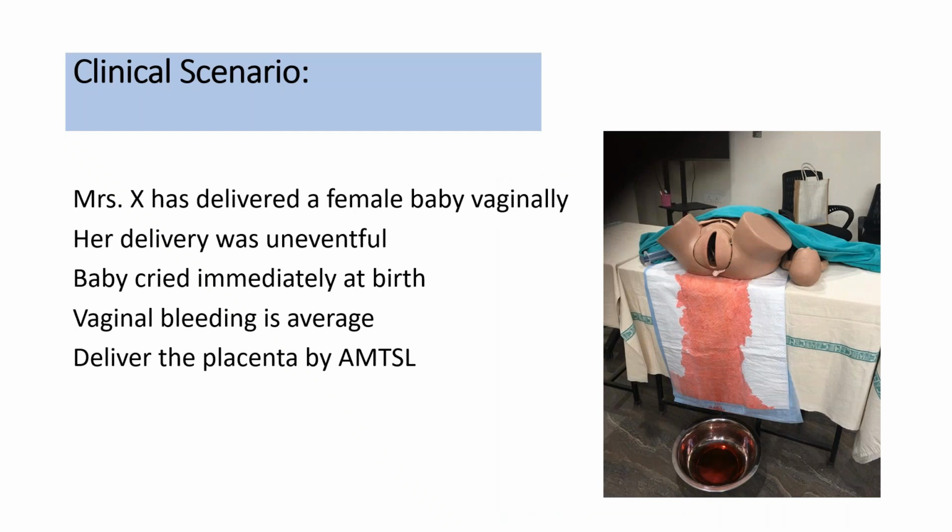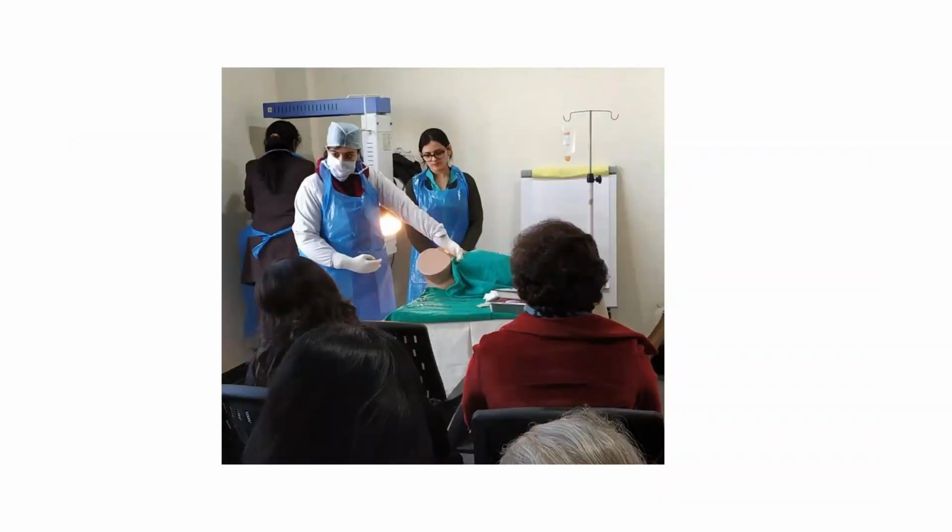So the clinical scenario was given as Mrs. X, who has delivered vaginally. The delivery was uneventful, the baby was absolutely fine, cried immediately, vaginal bleeding was average, and now the task was to deliver the placenta by active management of third stage. So my residents got involved in this after the briefing, and if you can see in the video,